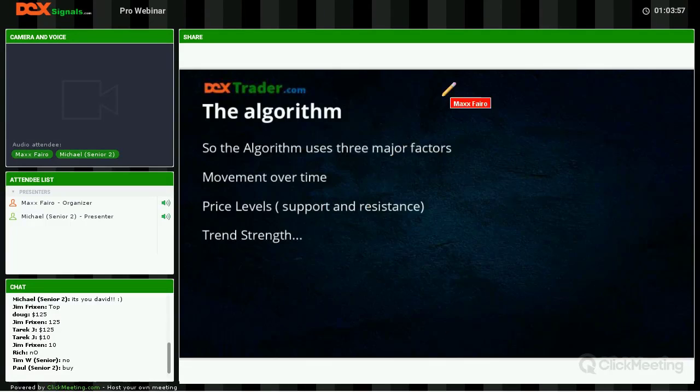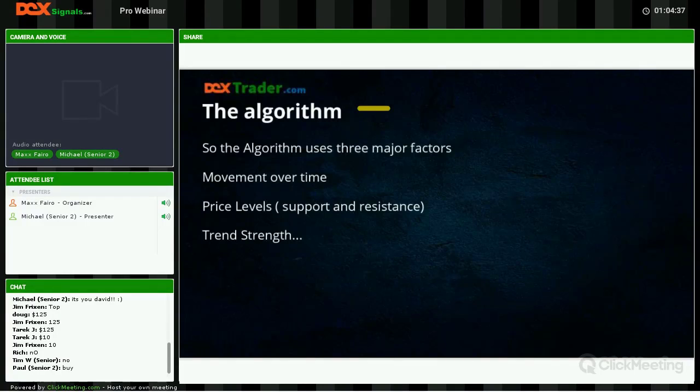So the algorithm, movement over time, price, we sort of covered this, the trend, these are the things that factor in the algorithm, and this will always remain consistent. My gift to all of you is to have that availability, to remain consistent and not change things around at the drop of a hat. The algorithms all stayed the same. The way we trade them may be a little different, but the algorithms are still the same. They're range-based, they're time emergence, they're movements, there are a few things in that factor that hit us the signal. But we still use risk management, we still use these consistent values, right?